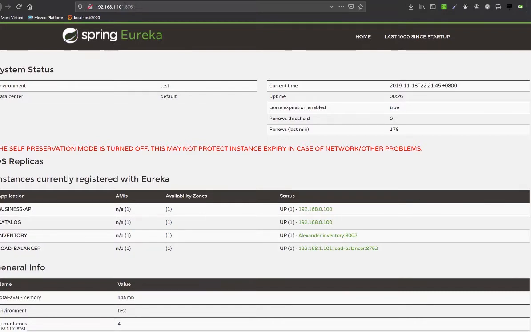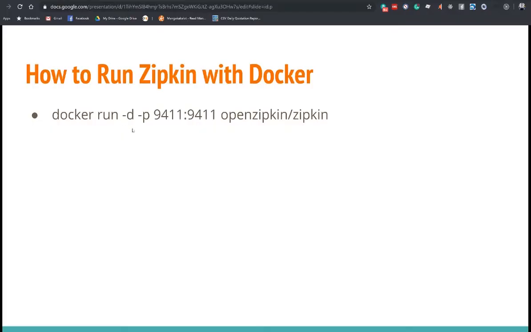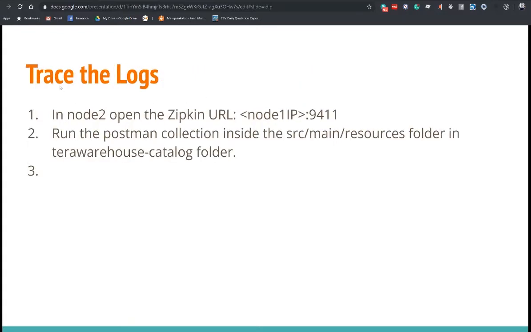To check that out, we can check Eureka. Here we have the business API, catalog, inventory, and load balancer registered with our service discovery. Now that all our microservices are running, as well as Zipkin, we can demonstrate how we can trace the logs. In Node 2, open the Zipkin URL and then run the Postman collection